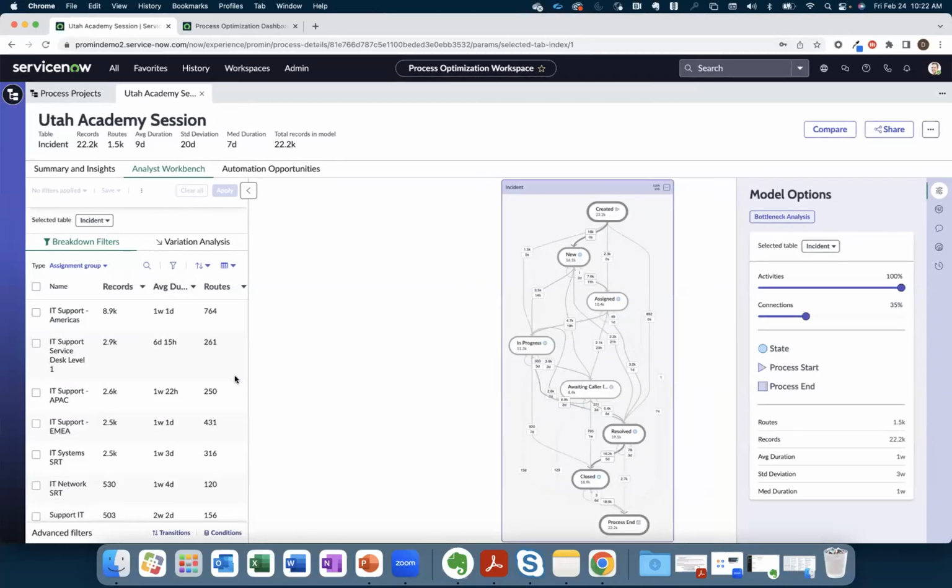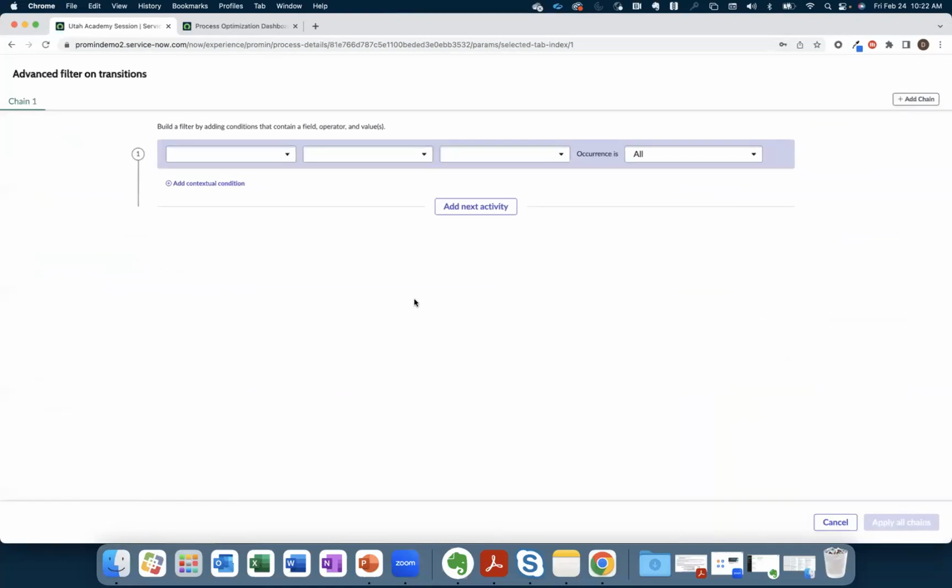Next on the list, let's take a look at that transition. I already gave you a little bit of a sneak peek, but if we come over here to transitions, you've already noticed that the interface has changed slightly, right? It's given us a lot more flexibility. Before we were just kind of building out the steps, and we'll do that again, but we also now have the ability to add some contextual conditions and restraints inside of here. So let's take a use case like